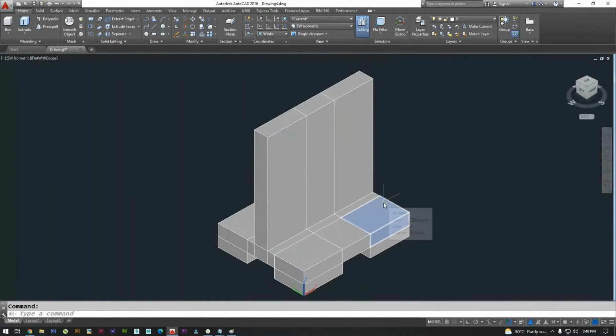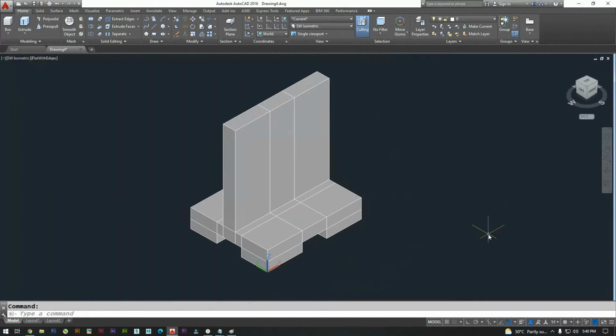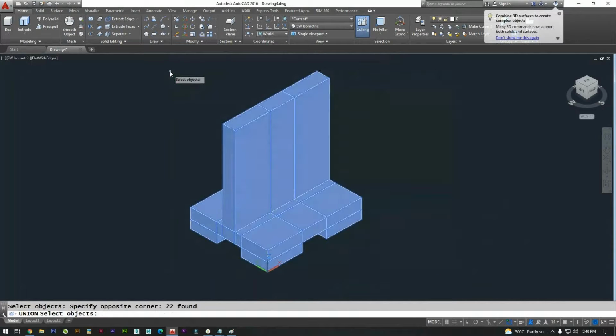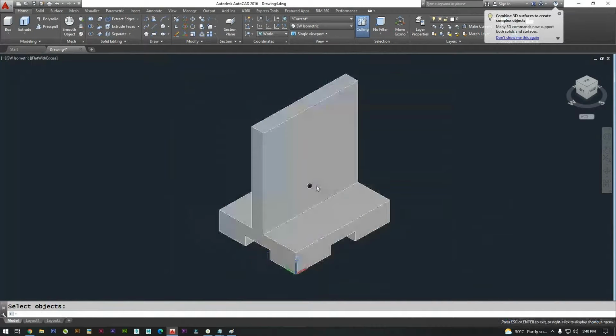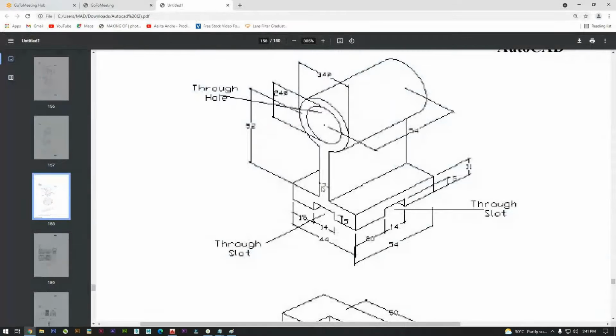Okay, now union this. The problem is half of the drawing is completed. Above, we have a cylinder with the hollow space in between. There is a through hole.